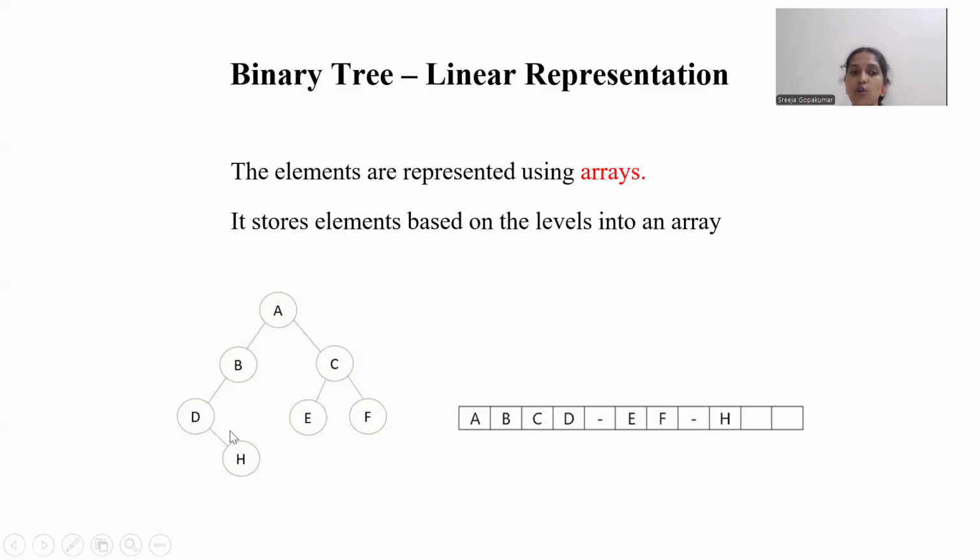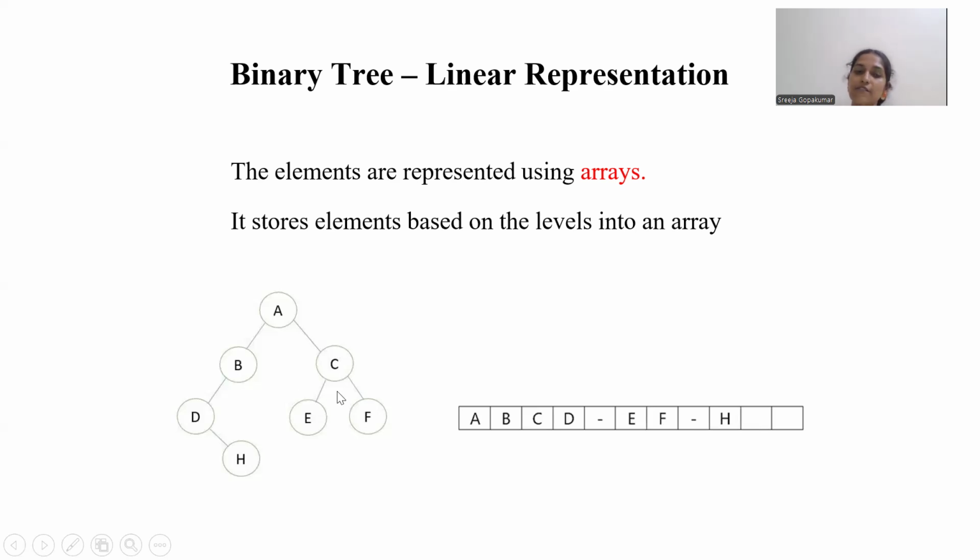Here, B is not having 2 children, it is having only one child, which has been entered into the array's index position. Since the right child of B is not available, the next position after D has to be marked as null, which denotes that there are no keys or values present at the right of B.